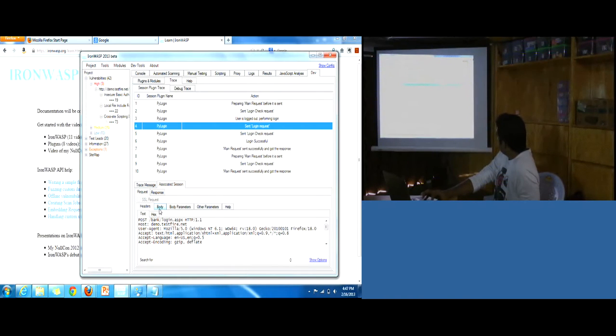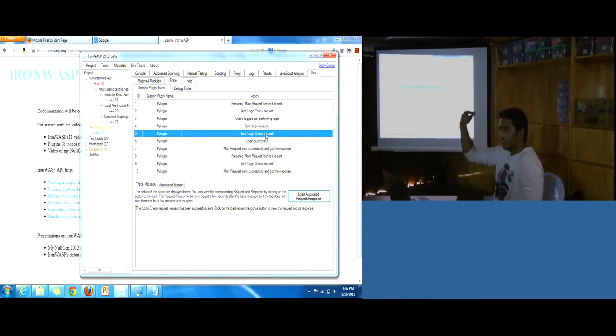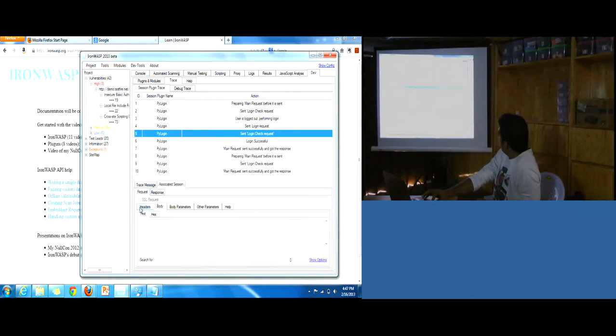You can see it is sending the login request with the username and password. After it does the login, it again sends a check to see if the login process actually succeeded. This is the same request, and this time it's a 200 OK.